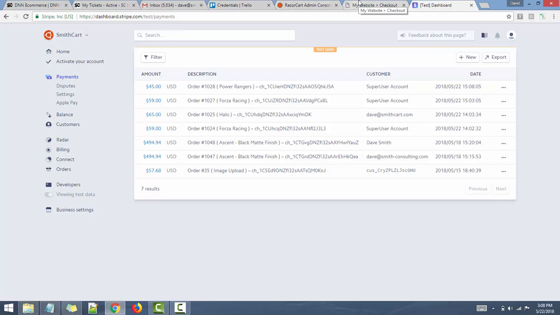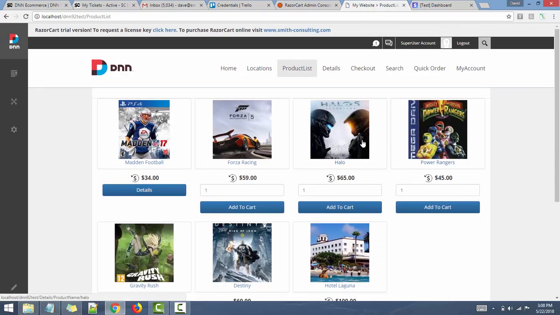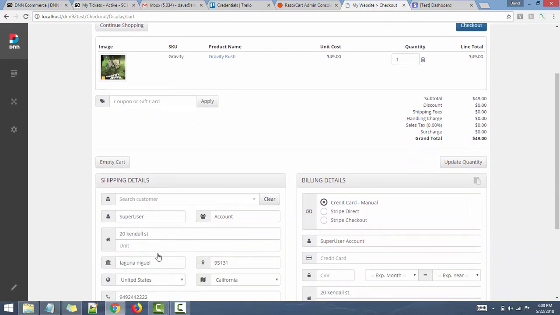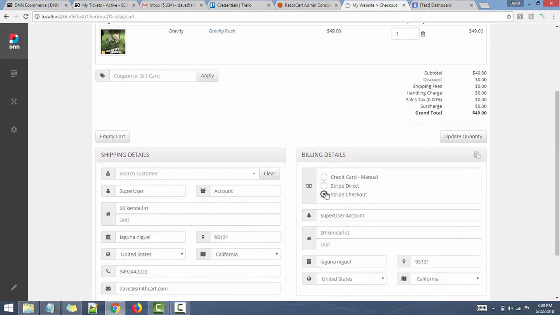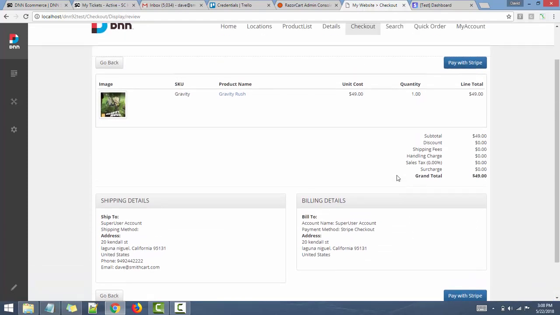So let's go back and check out the next Stripe payment method, which is the Stripe Checkout. Let's add to cart, and I'm going to choose the Stripe Checkout this time, and you can see that the credit card form is hidden. It's because we're going to get a pop-up from Stripe here in a second. So you proceed, and